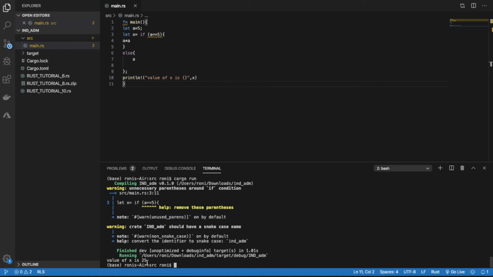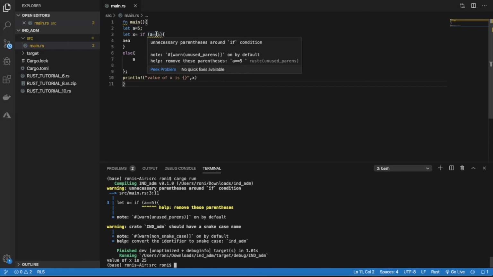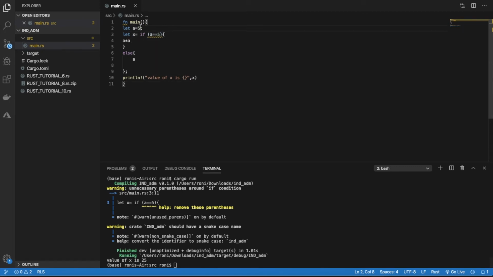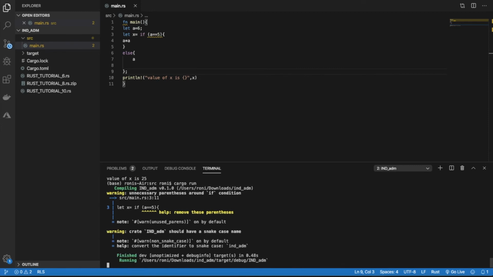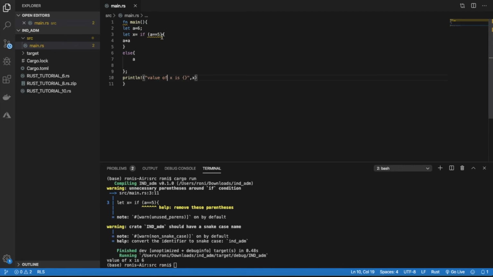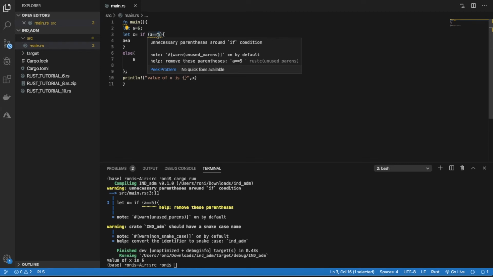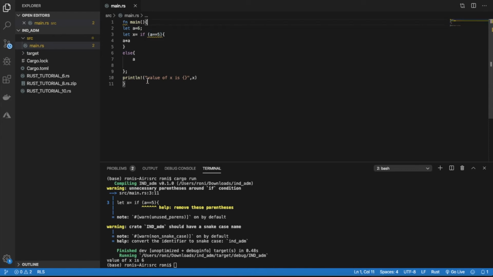See, the value of x is 25. Why 25? A is 5, and this condition is getting triggered, and it is true, so 25. Now if I make it 6 and save, the value of x will become 6. So hence it is proof that the if condition is an expression. It is always getting executed in the form of a bool, whether it is true or false. So this part is also completed, so you can copy paste this thing here